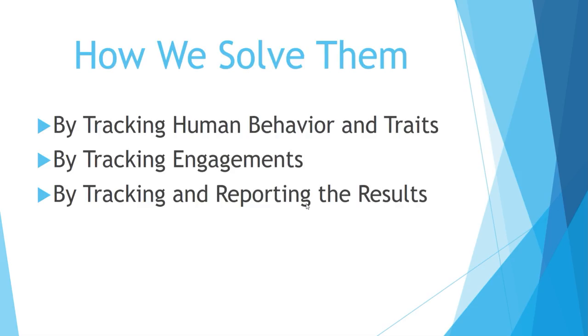Now, the way that we go about doing this is by tracking human behavior and human traits, first of all. By tracking human behavior and human traits, we start to understand what is happening, when things are going to be happening, and how often they're going to be happening. We start to track things like patience and humility, how often they take lunch with their coworkers, how often they laugh at work, a lot of the things that we just kind of look past at work, but which are very engaging results and very engaging behavior, because behavior leads to engagement.